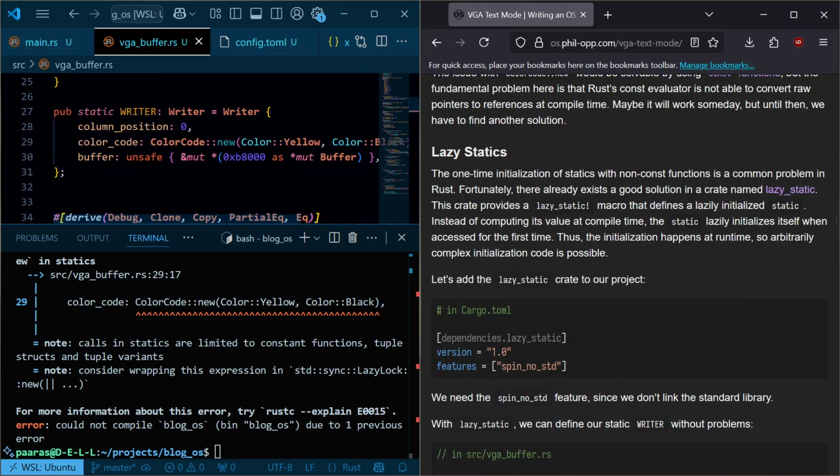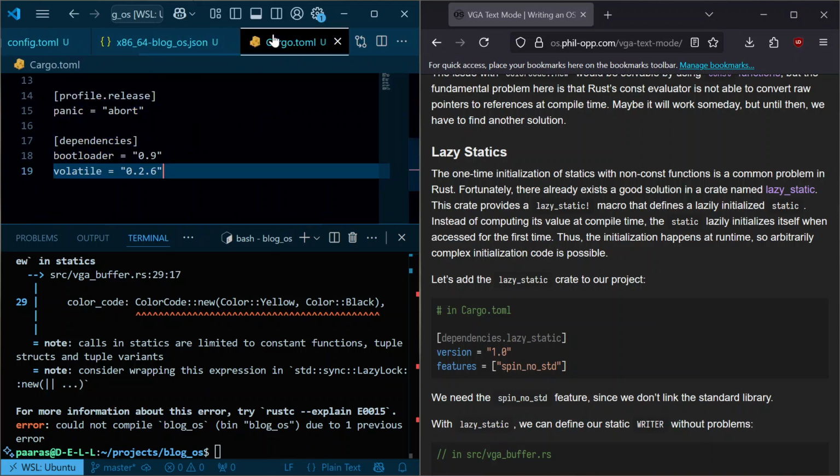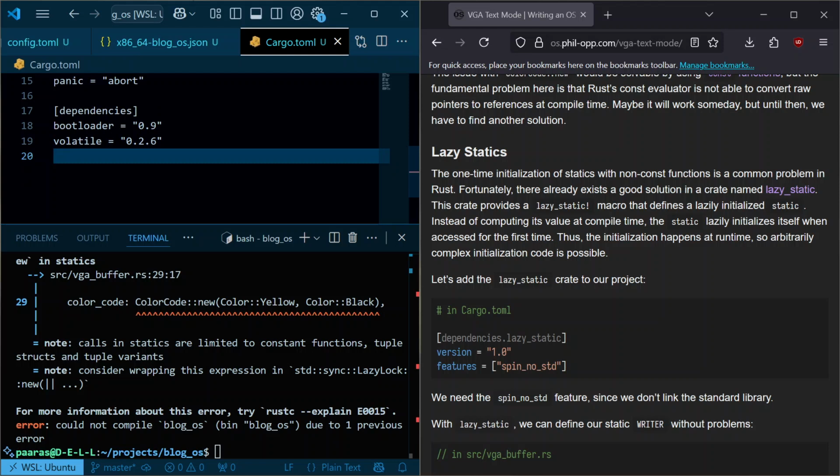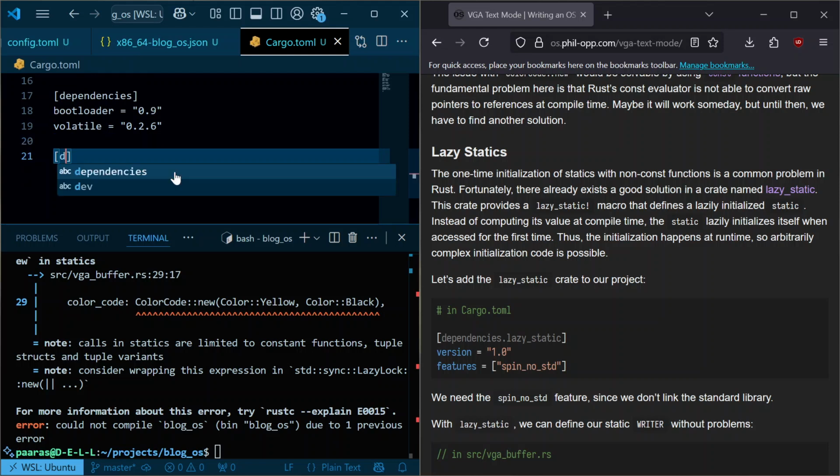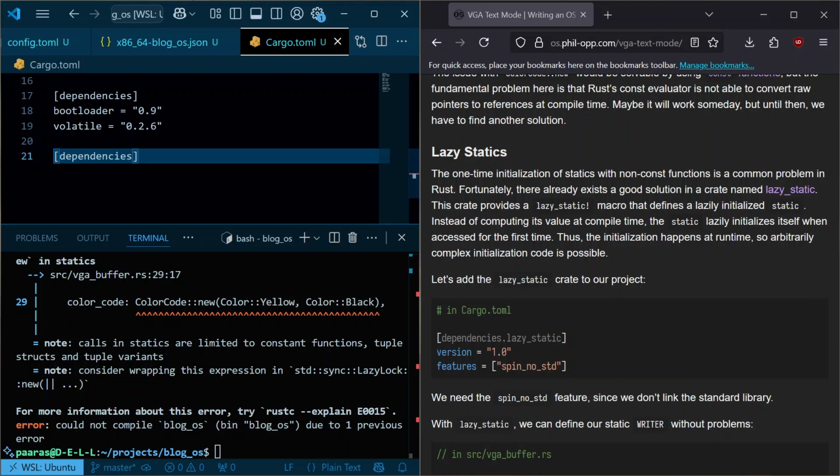Where did we write that code? So we change it to what? We just add, let's just add the dependency first. You have to make a specific dependency for this lazy_static, and under this, we write the version of this first, which is going to be 1.8, and the feature